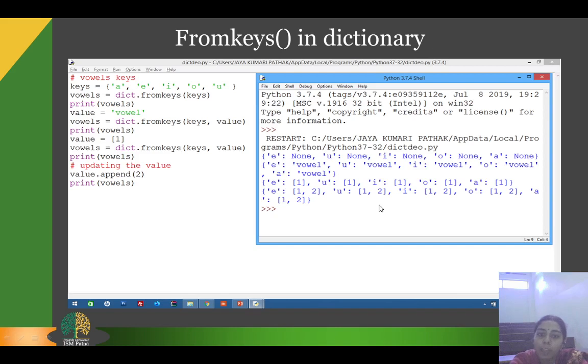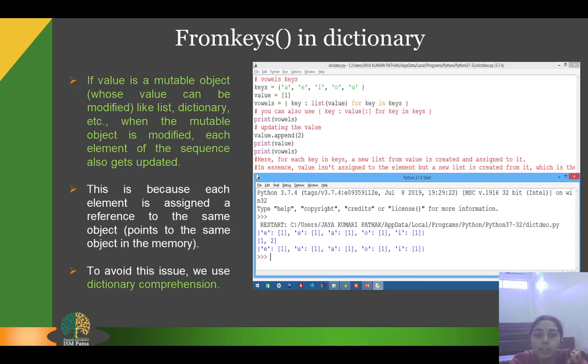It means whenever we use the fromkeys function to create a dictionary with a particular key and value, then the value is assigned to each and every key of the dictionary. So this is how we can use the fromkeys function in a dictionary.